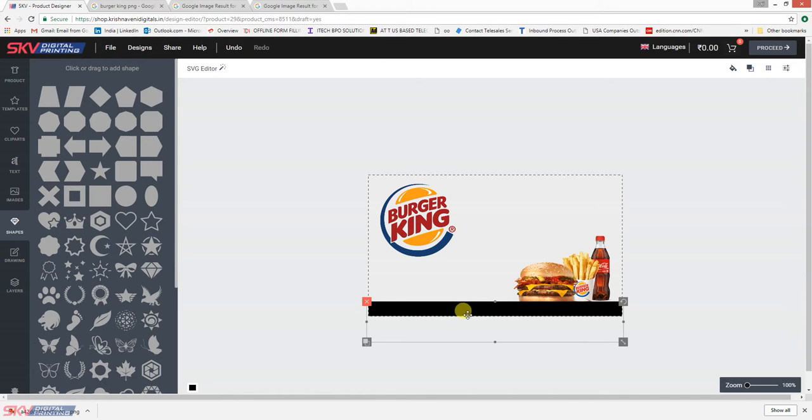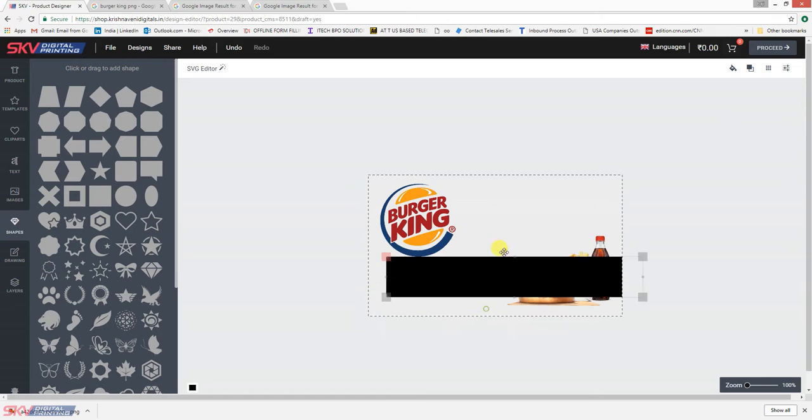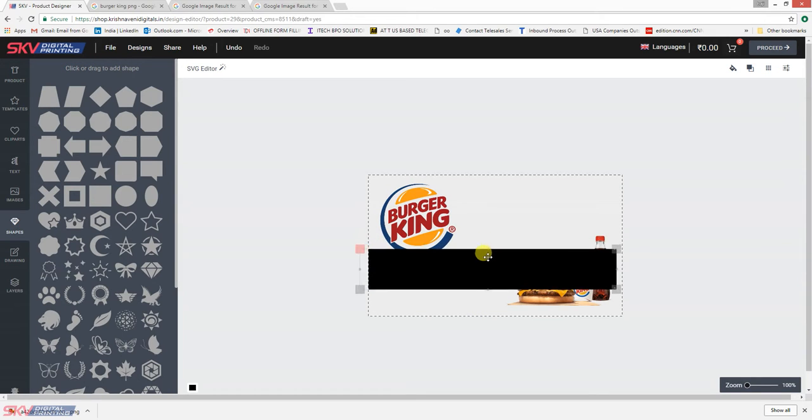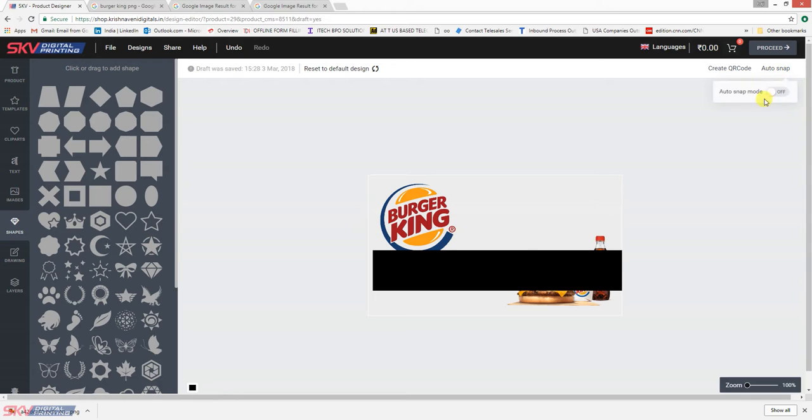So when you click outside of the work area, it shows the auto snap option. When you click here, it shows auto snap. So if it's turned off, it won't show any lines. But if you turn it on,